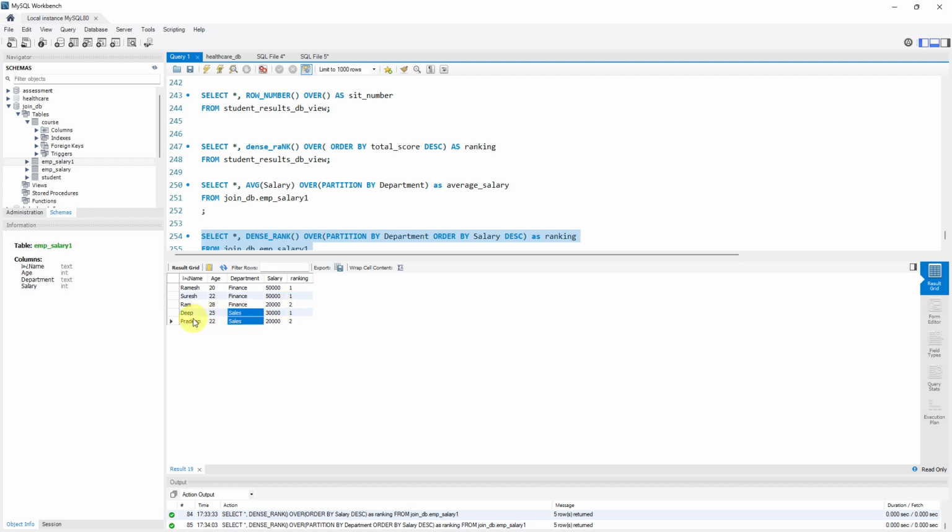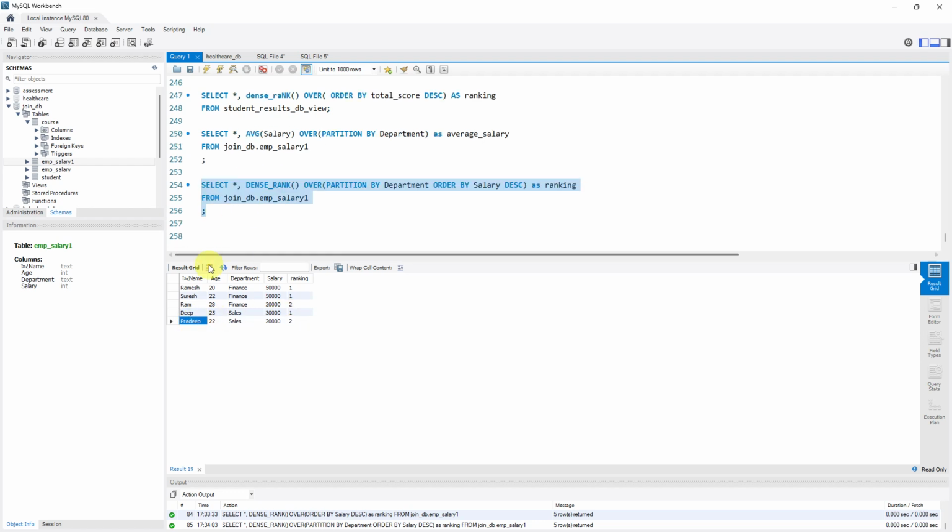Then for sales department, we have 30,000, which is the first ranking, that's the highest paid, and 20,000, which is the second highest, which belongs to this particular person. They use Indian names. I cannot really pronounce them. So this is how we actually do window functions, and you can create